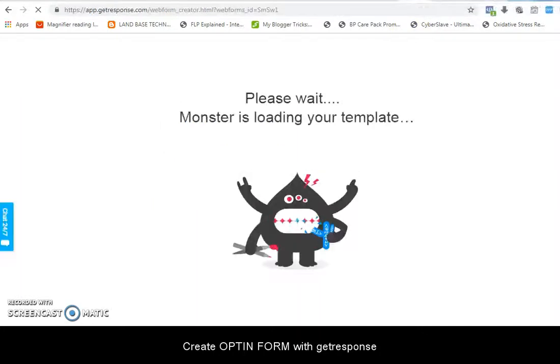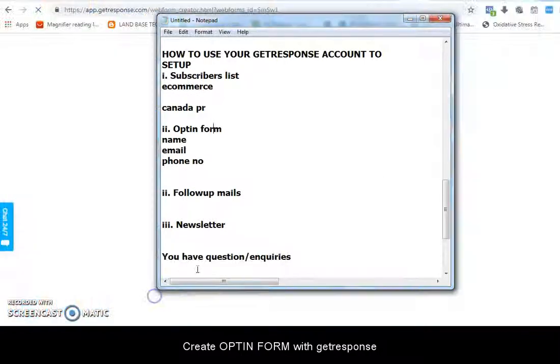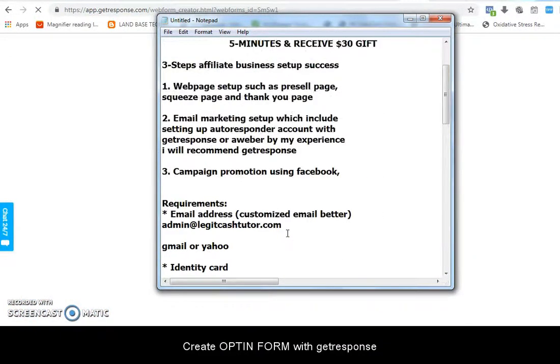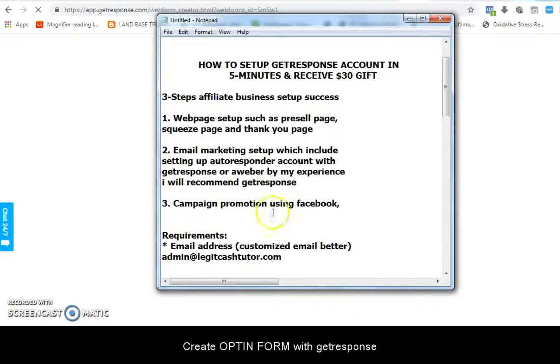I think we can do something so that getting the code and installing it on our squeeze page that we are going to create. Don't forget, in the previous training I told you about three things that are needed to set up as an affiliate. You need a web page, and among the web pages are the pre-sale page and squeeze page. So you must have your squeeze page created using a page builder, such as Insta Builder. You have created the page.